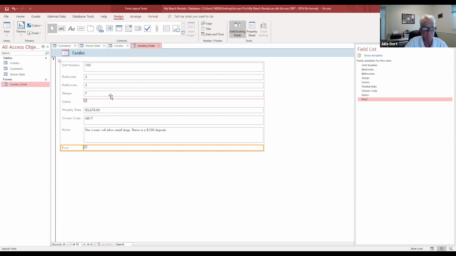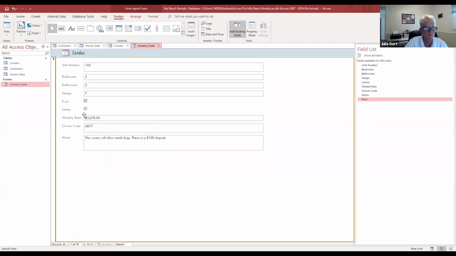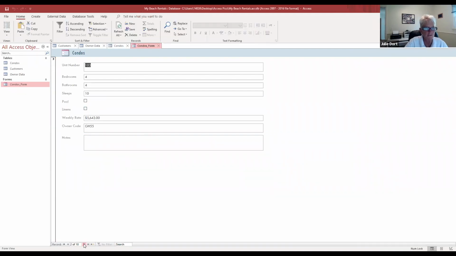So maybe we want it in between sleeps and linens. So now I have pool in there. I can go ahead and move from my layout view to my form view. And now when I go through, each one of those has the pool options. Okay, so that's just kind of a review on adding fields into your tables